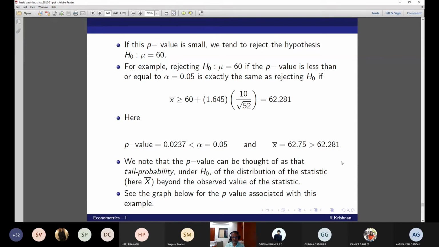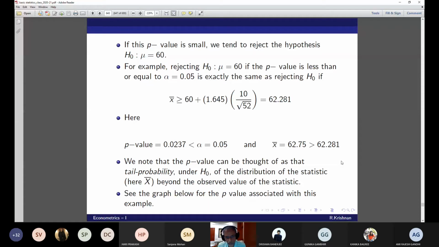And the p-value. This is very important. Somebody gives a p-value of 0.0237. That's it. You have the conventional significance levels of 1% and 5%. You immediately interpret: if the p-value is 0.0237, it is rejected at the conventional 5% level, but is accepted at the other conventional level, 1%.